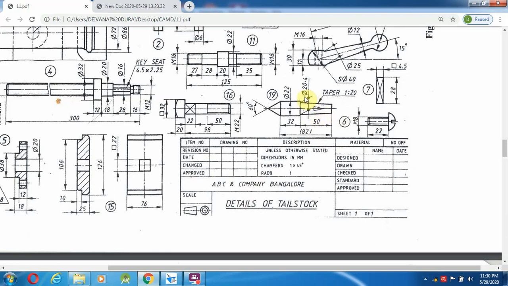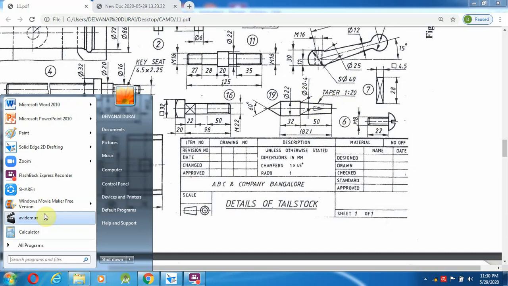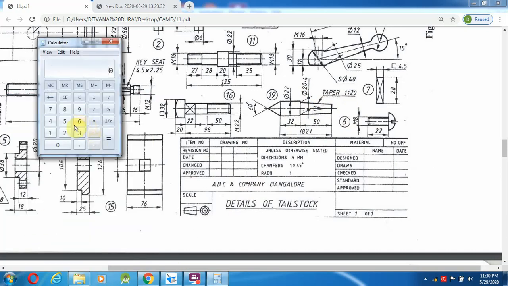The taper one, the diameter given here is 20.4. The taper ratio is 1:20. To calculate this, you take the calculator. So 1:20, what happens? 1 divided by 20, you get 0.05 mm.